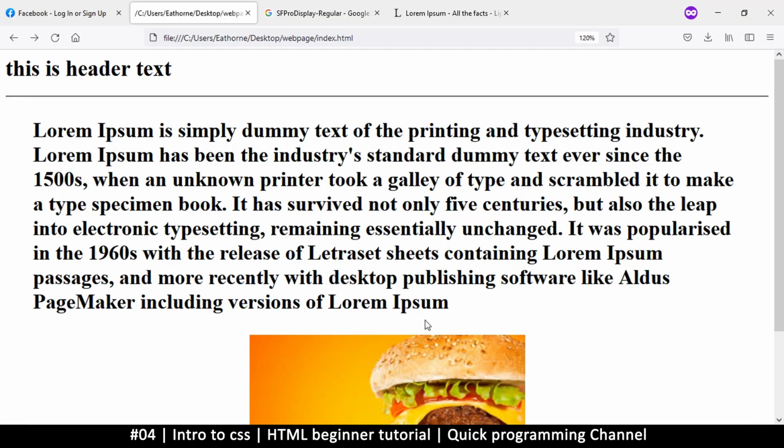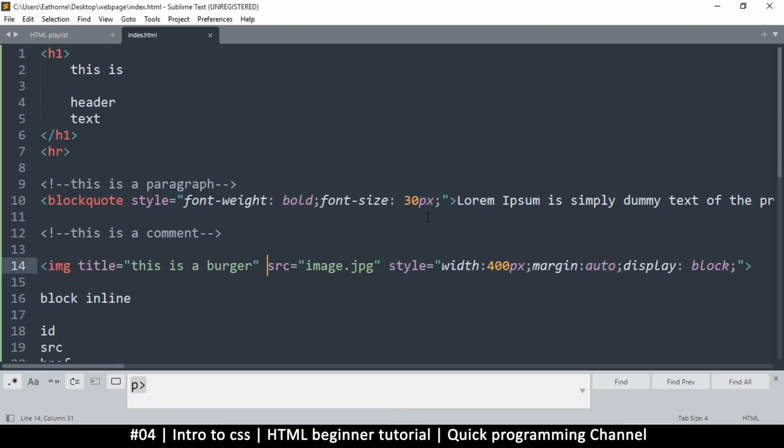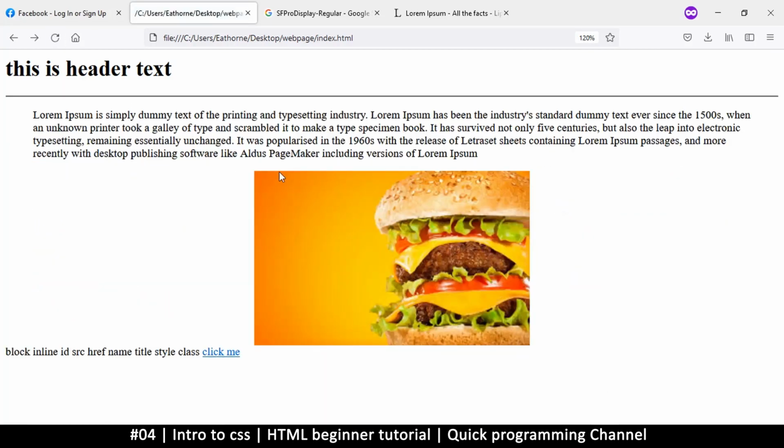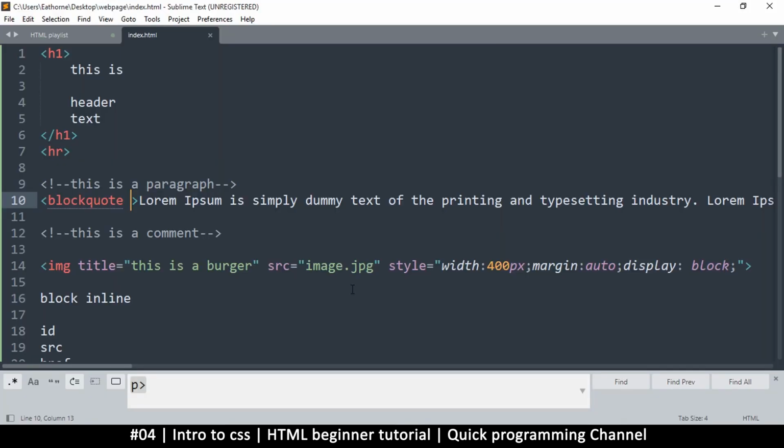Hello and welcome back. So let's revert our text to a nicer paragraph. I'm going to remove the styling on the block quote like this, save, and let's refresh. Okay, that's much better. Now I want to add a few elements down here to illustrate why we need